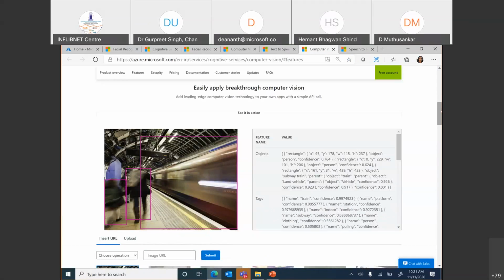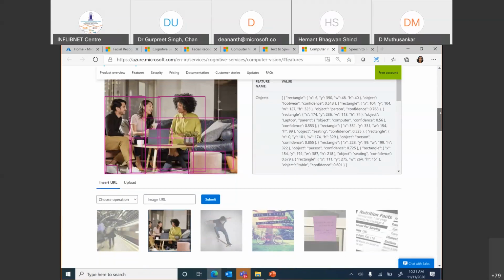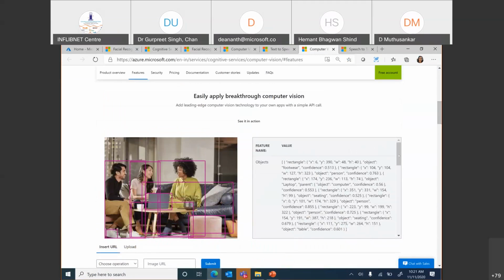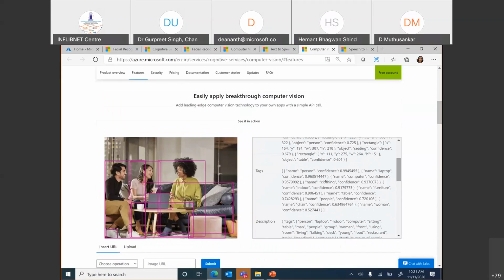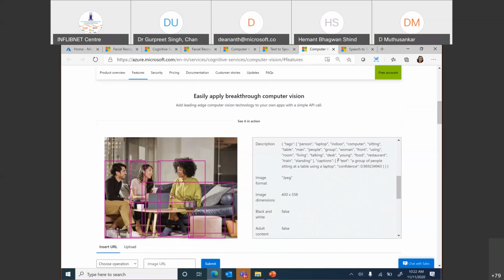Now, as you can see, there it was only identifying faces. Here, if I put up a photograph, and this one happens to be my favorite, if we say, what do you see in the picture, right? It says, I can see things like people, person, can see a laptop, which is nice. There's some clothing. There's some furniture. Yes, there is some furniture in this. And there is also a woman in the picture, right? And then sometimes it gives a caption saying it's a group of people sitting at a table using a laptop. And the confidence that this is what it's able to see is 96%, right?